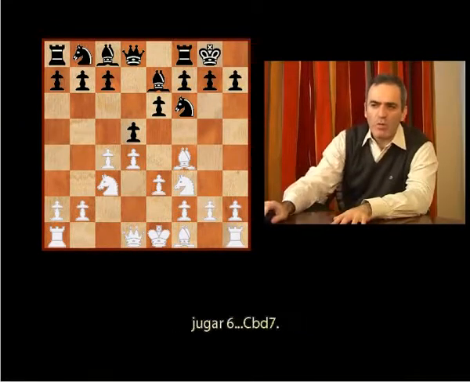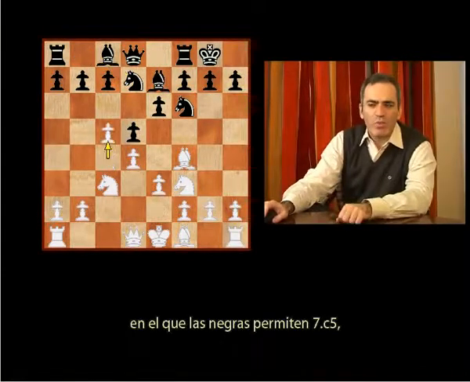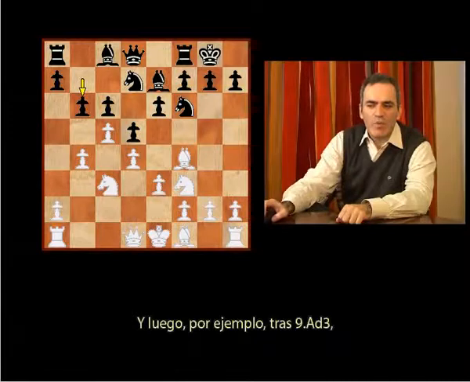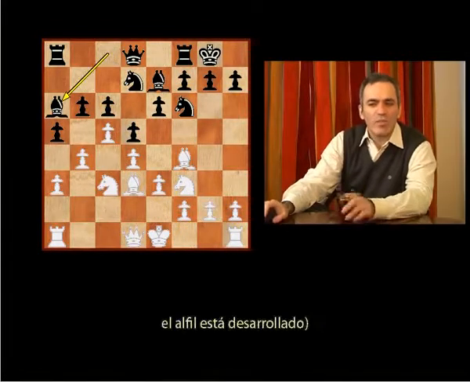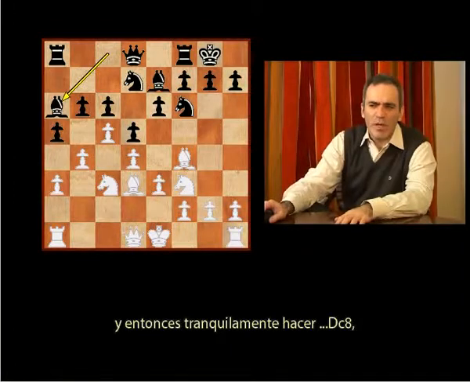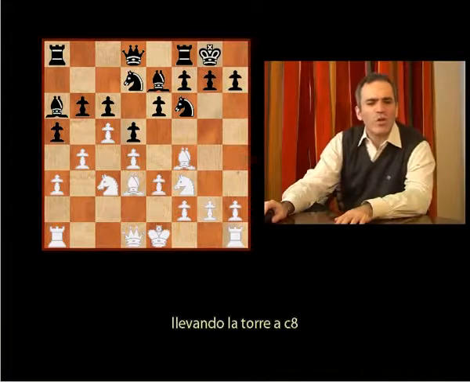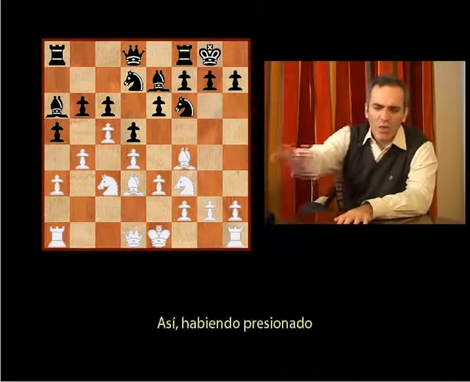The second approach is to play knight b d7, and this is a modern approach where Black allows White to play c5 and then plays c6, b4, b6, and then, for instance, after bishop d3, plays a5, a3, bishop a6. As you can see, the bishop is developed, and then quietly playing queen c8, queen b7, exchanging bishops, bringing the rook to c8, and then trying to play bishop d8, bishop c7. So having pressure on